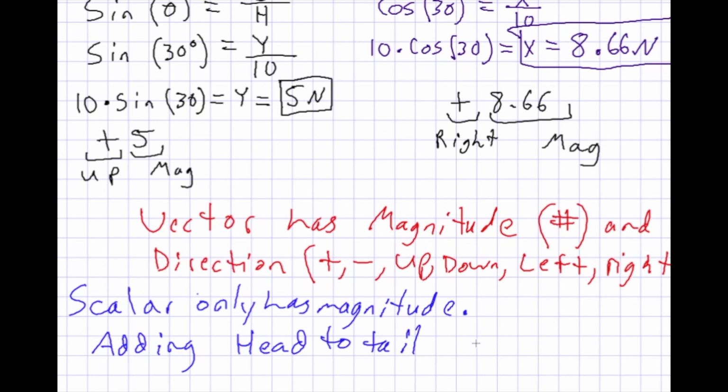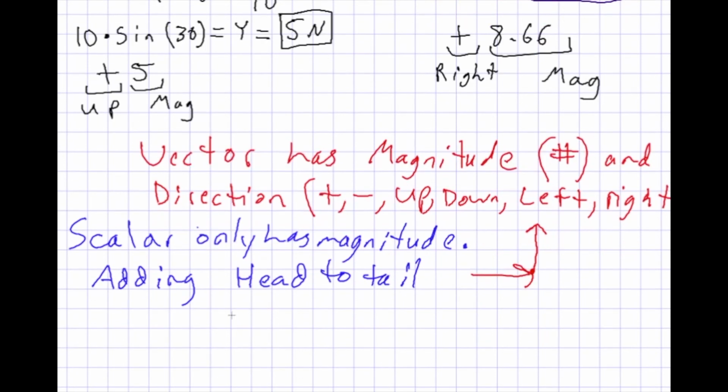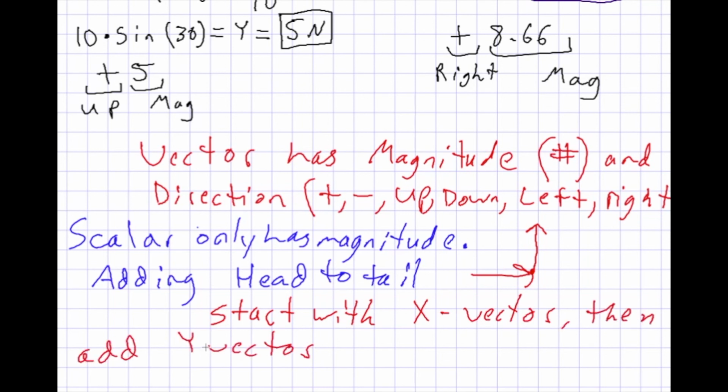And then always remember that when you're adding, you have to add head to tail. I have an arrow here. Here's the head of my one arrow, here's the tail of my other one to my head. Boom. I would also recommend that when you're adding, start with the x vector and then add the y vector. The reason is that the x vector is our horizontal axes, so all of the angles that we're given are in relation to this vector. If you start with the y instead of the x, you're going to get some weird angles. So when adding vectors, always start with the x and then add the y